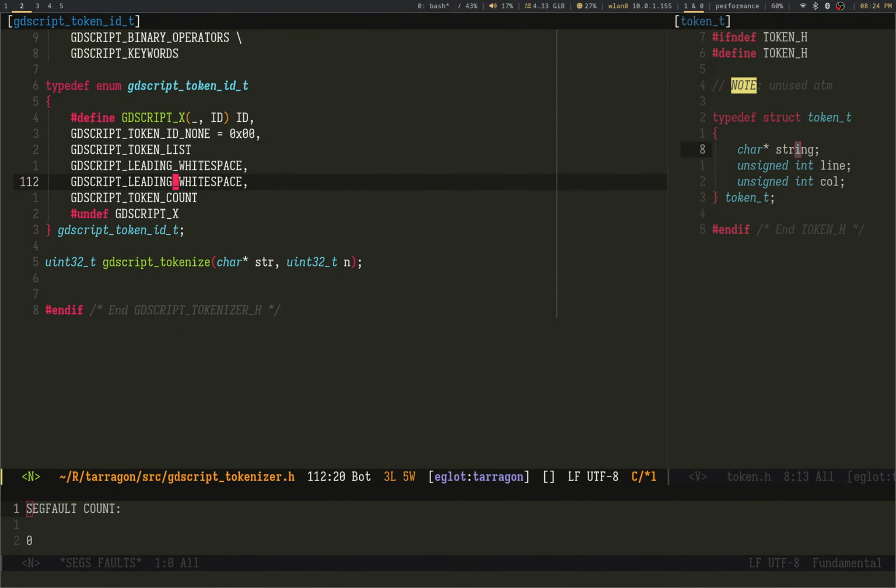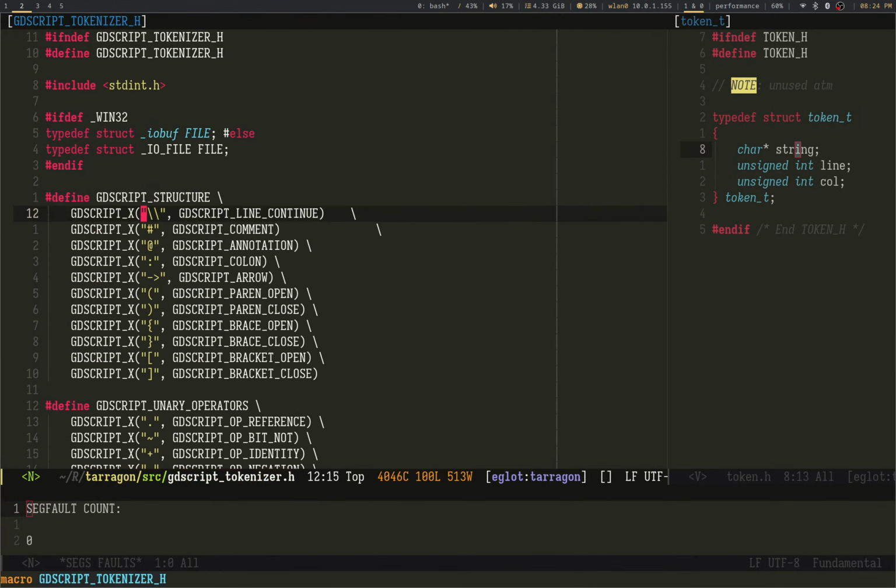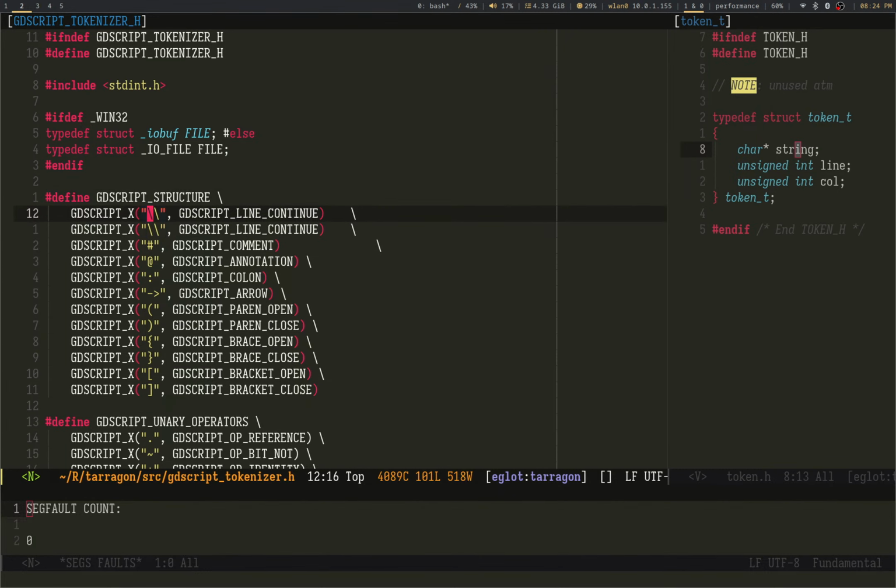And I'm also going to have GDScript end statement. Actually, no, I can slam this into my structure list. And line. I hate this. Who decided to make it white space formatting?